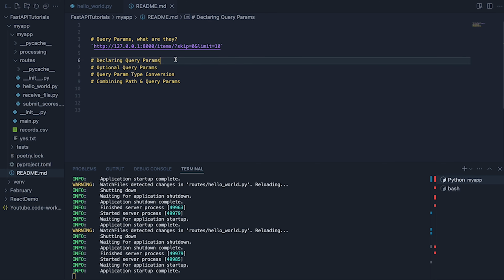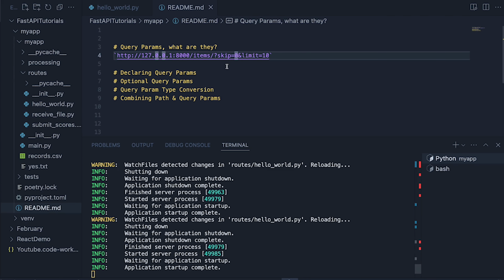So first of all, what's a query parameter? It's this here. So imagine you're curling this endpoint. We're going to this address on my localhost, port 8000. Maybe I've got an items endpoint ready to be visible. What I can then do is put a little question mark and then add some stuff here. Because I've got skip equals 0, ampersand, limit equals 10, I'm basically passing this as information to the endpoint